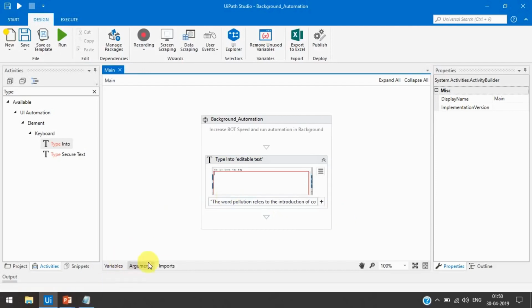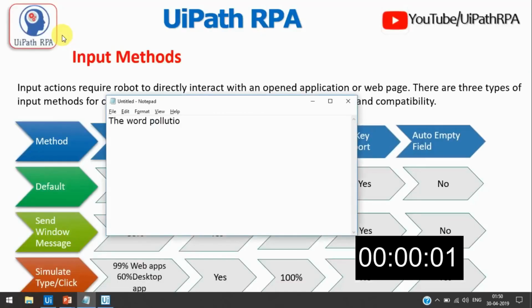First I am going to show with the default. Now run this, and you can compare the time here. Start.